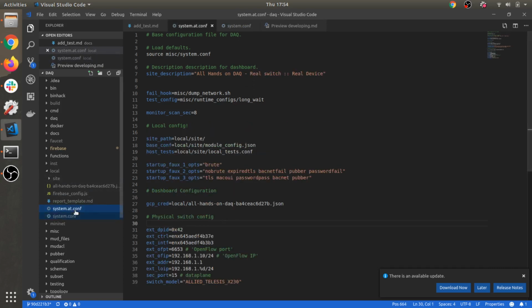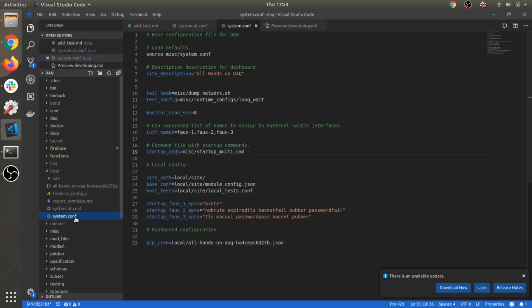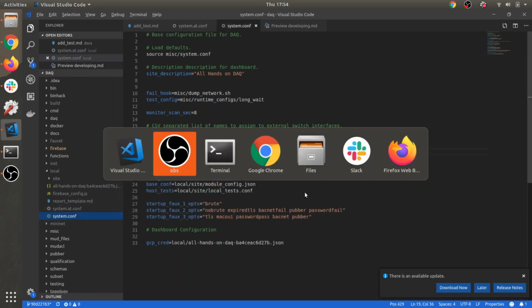It's quite a good way to organize different configurations if you're testing a few things. So if you're testing one device on an Allied Telesis switch, for example, another device on a Zodiac switch, another device on a Cisco switch, you could just have system.cisco.conf, and you can swap and change them just by changing the name of the file, like so. So we're going back into the 3-faux mode. So if I just run DAQ again,